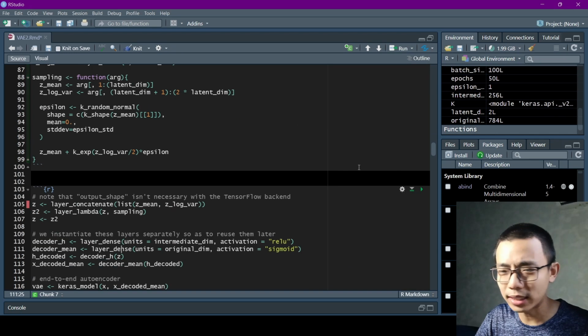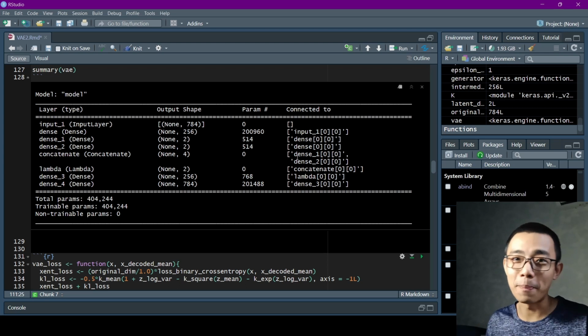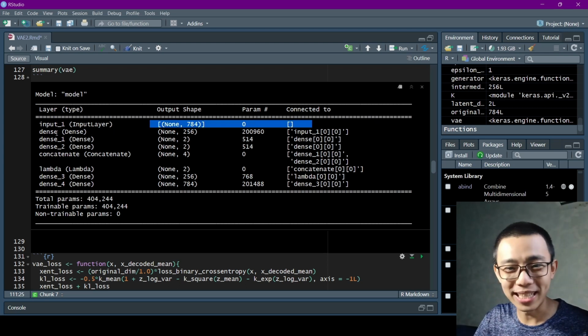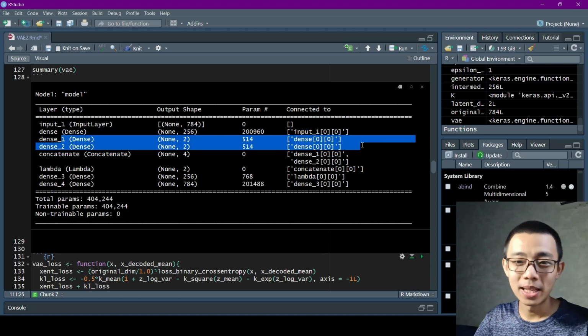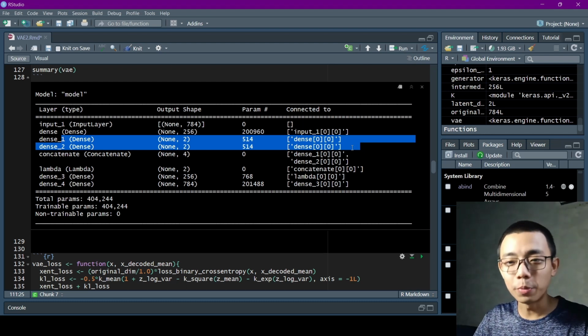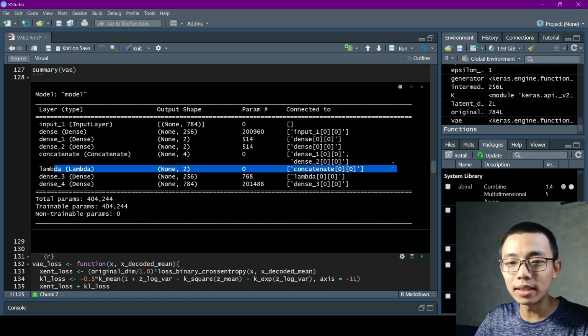Yeah, let's run this, and once we run the next one, easily we can see from the summary what I meant. So you can see that from the input layer of 784, we connect to a dense layer of 256, and the dense layer connected to the mean and the log variance, and then we concatenate these two into a new layer right here,